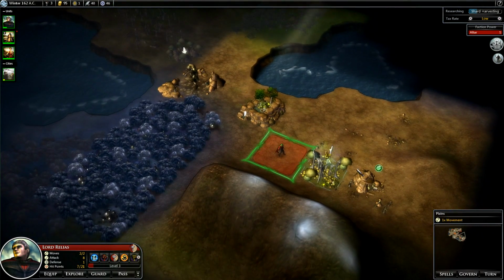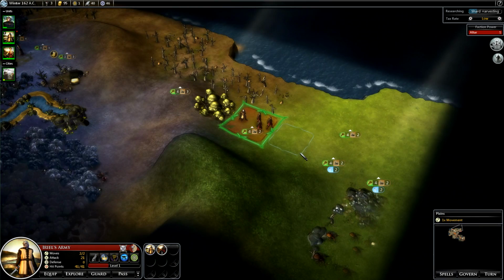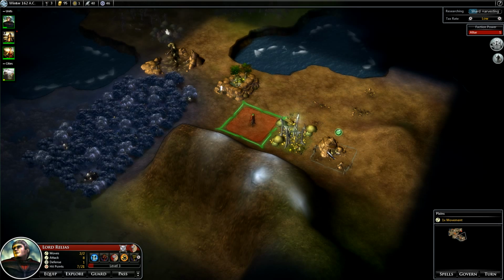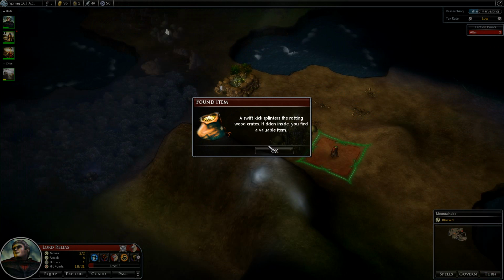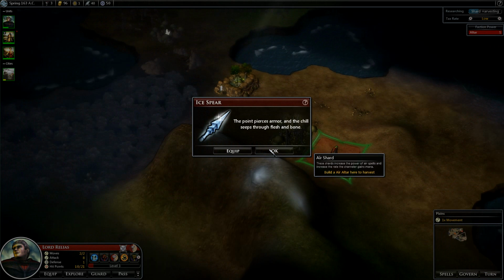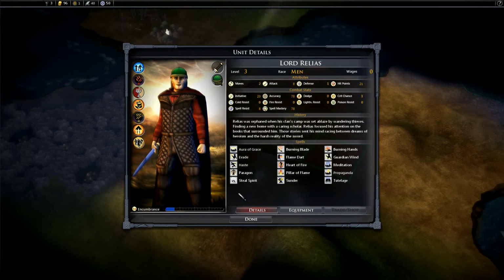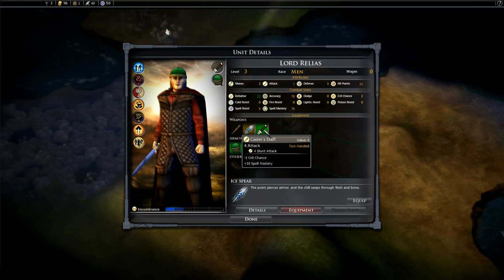Probably should send my hero. We do have another location over here. What's this? Air shard. Equipment. Ice spear. Ooh, that sounds interesting. Let's see what our ice spear does for us. It's a 9 attack, 7 pierce, 2 cold. It ignores 50%. Definitely better than our 8 attack. I guess it's not that much better. We'll equip that spear